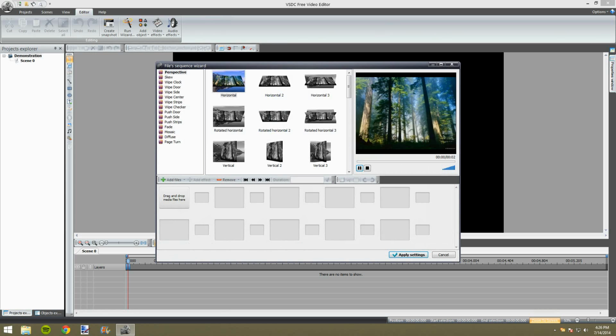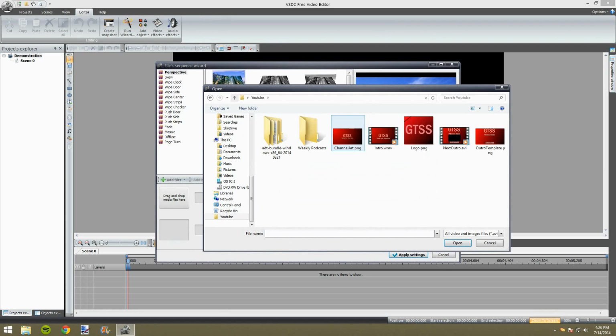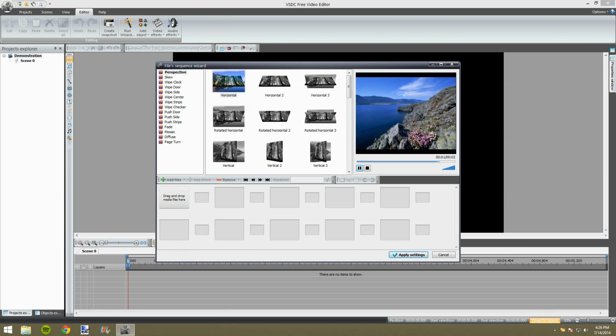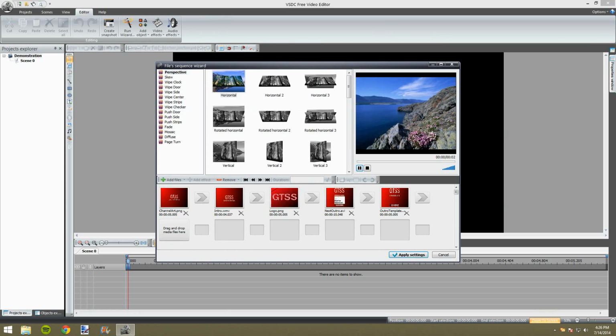This sequence wizard is pretty much where you can add all your media files. So you can click on it, and you come up with this. Now, here you can go into your folders where you have all your media, and start adding everything. For example, I'm going to start adding every single thing I have, and add the files to the project. Now these can be images, audio files, video files, it can pretty much be anything. And you can just drag and drop